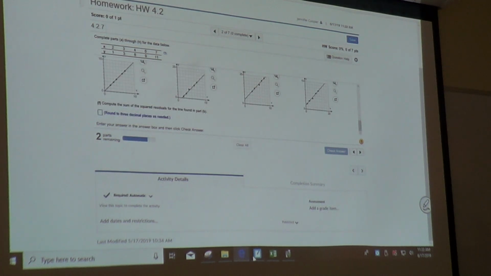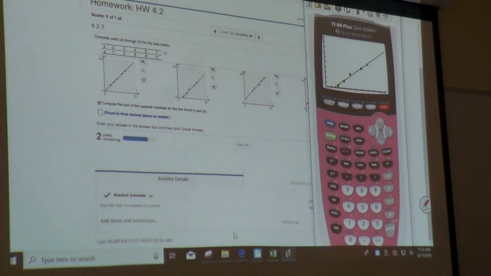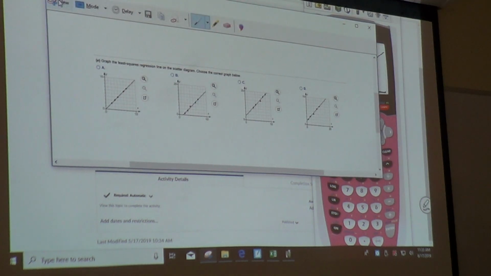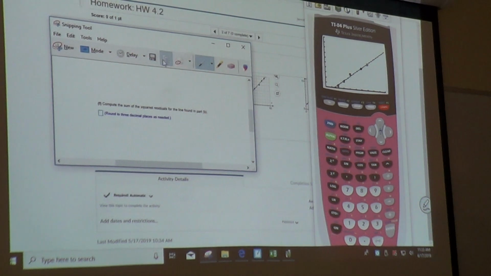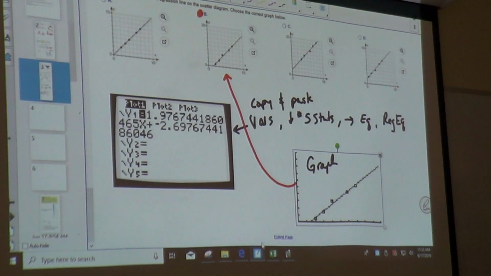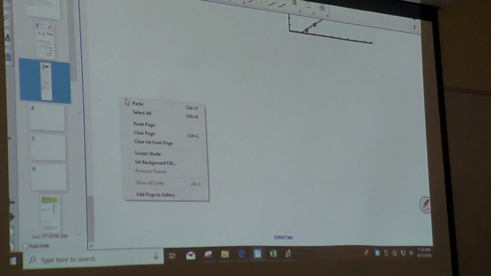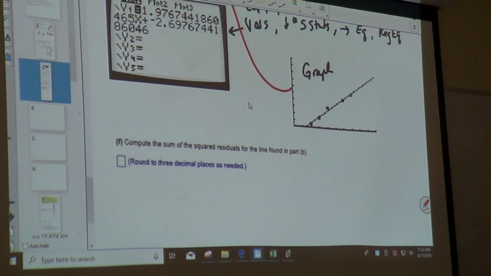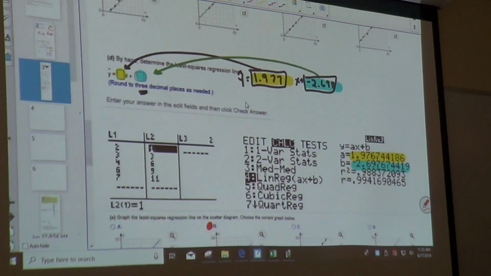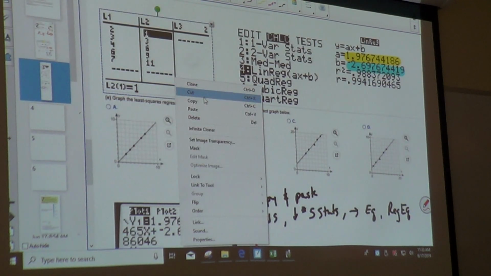Okay. All right. Oops, wrong button. Copy. Paste. This one's not as bad as it looks. Let me come back up here. Let me come right here. I can steal it from right here. Copy